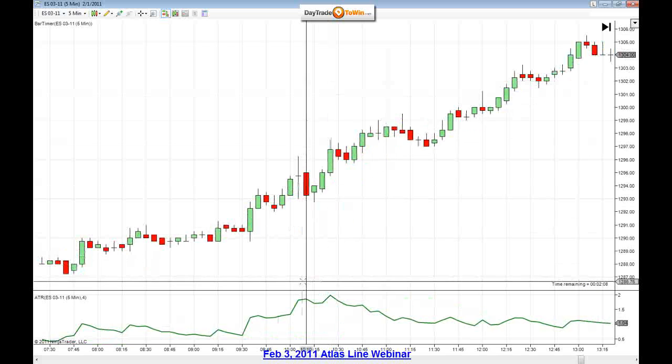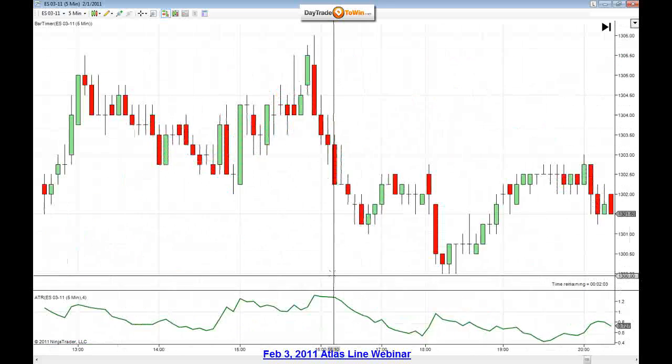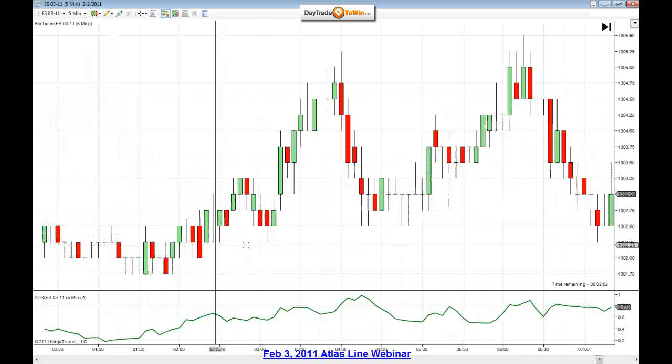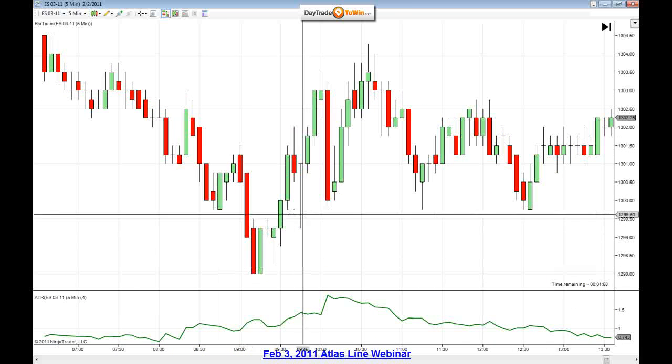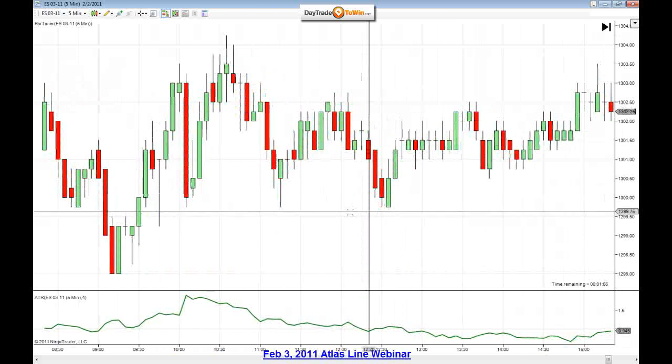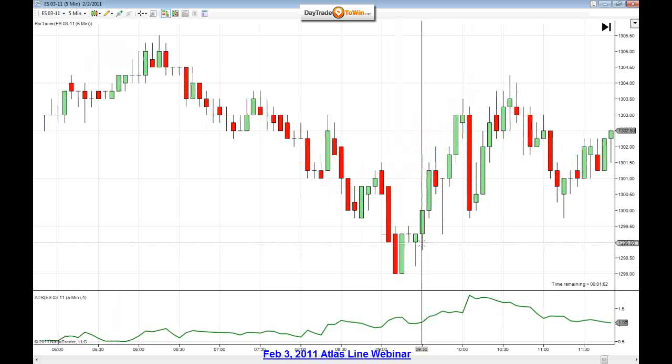So let's take a look at this ABC pattern. And this was, I'm sorry, not yesterday, the second, okay? All right. Now yesterday, everybody can realize that this is a huge chop, right? All day long. But let's break the day into segments. From 9:30 to